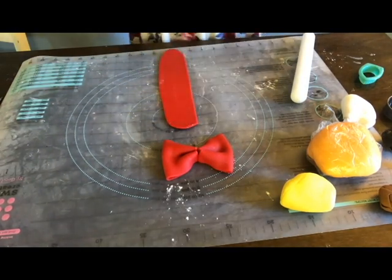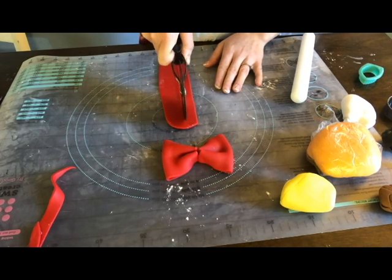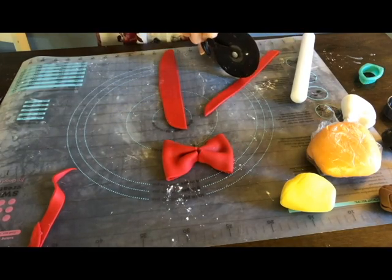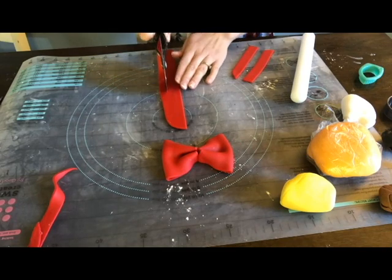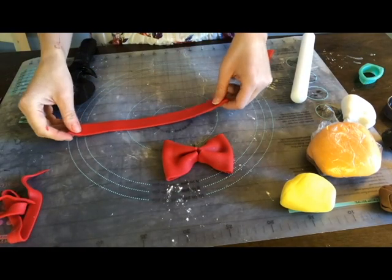I'm just gonna cut 3 strands. I'm actually going to cut 2 strands because I can cut this one in half. All right. So for our middle piece,